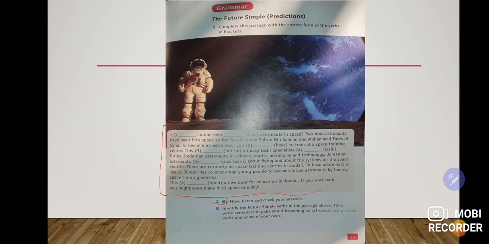Now, in this paragraph, I need you to listen to an audio track and answer it, and I expect this paragraph to be answered in a comment. Now we're going to identify the future simple verbs on the next page.